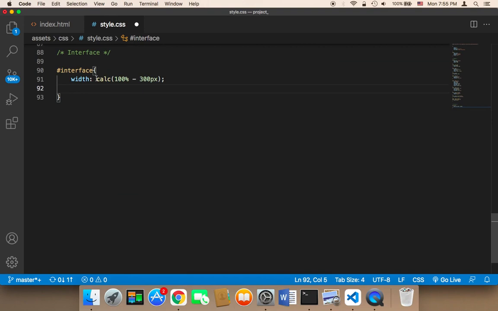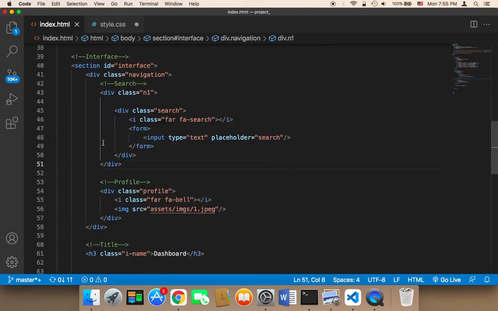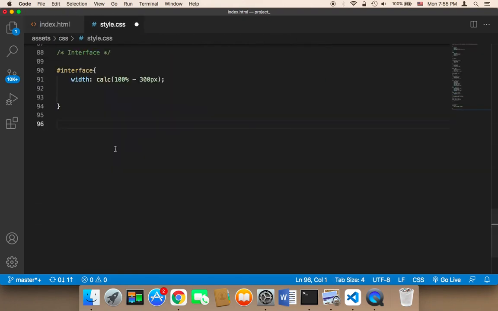Next, I'm going to add a margin, but let me work on this later because I want to explain important design concepts. So I'm going to leave this for now. The next thing that I'm going to work on is, remember, here we have navigation. Let's work on the navigation. So for the navigation, I'm going to say interface first, and then dot